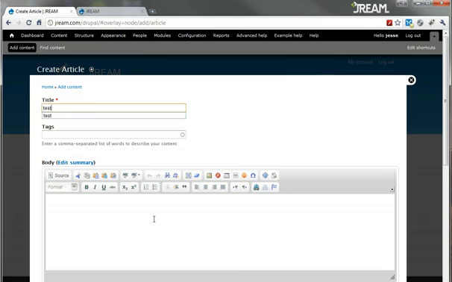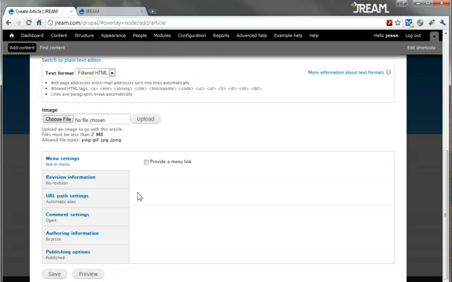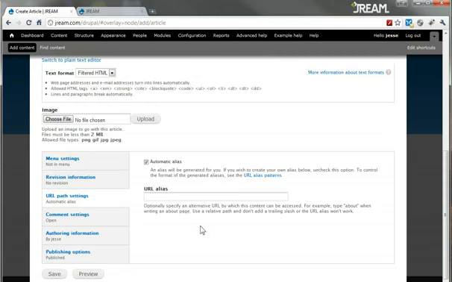And I'll just call mine test. Pop that in there. I don't want a menu link because this is going to be listed under the blog. For the URL path settings, this is kind of important. I'm using Path Auto, which you should probably be using if you're not right now. And if you go to URL Alias Patterns,